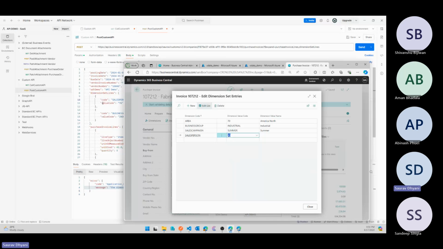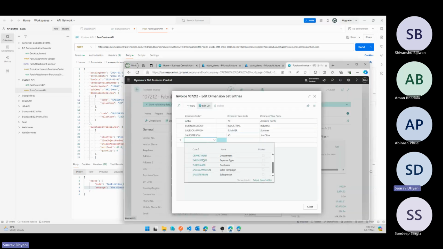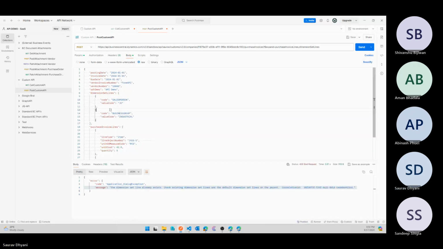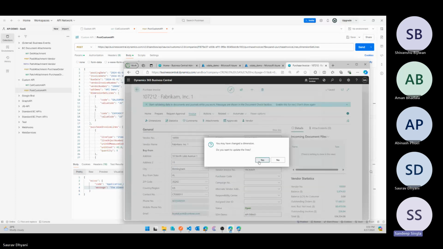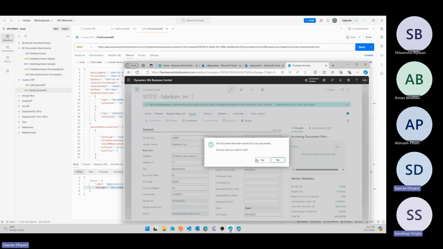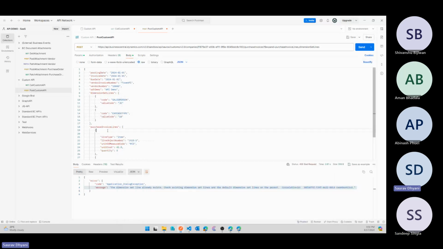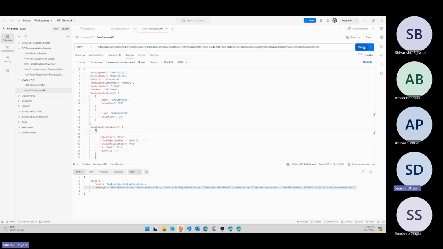So let's add new dimensions into it. Salesperson, and let's see what is this expense side. Okay, now that's a little bit odd, but okay. Remove this. It's not on the vendor. So I just added new ones, which are not defaulting from the vendor at this moment. So let's do a send,